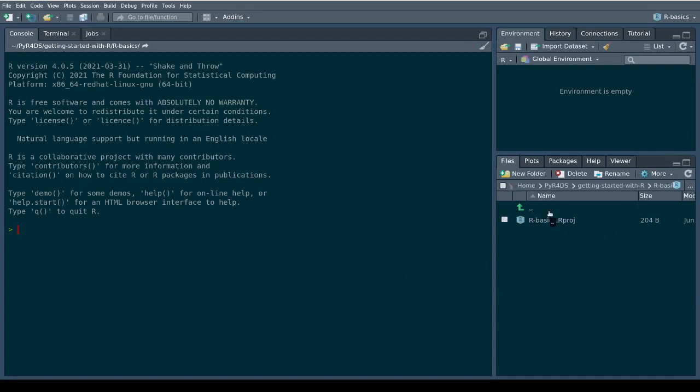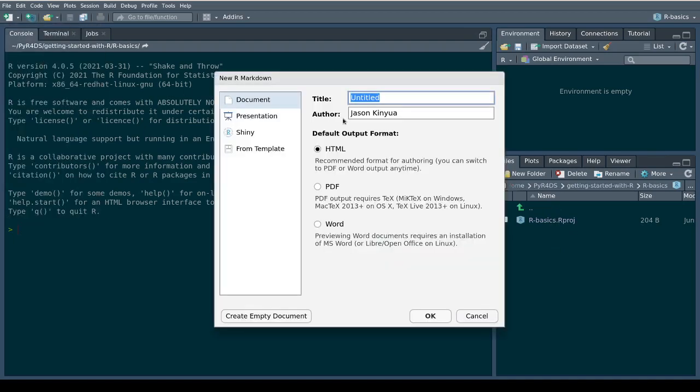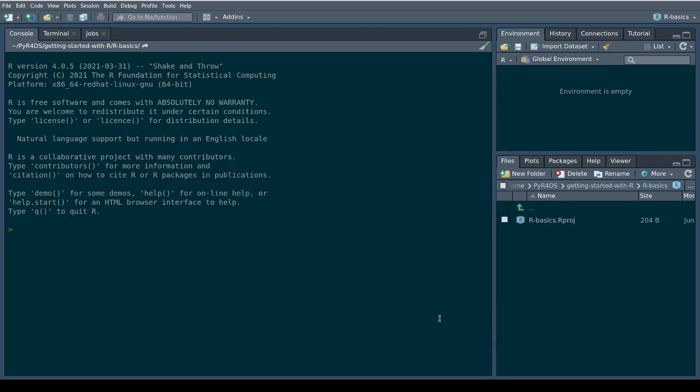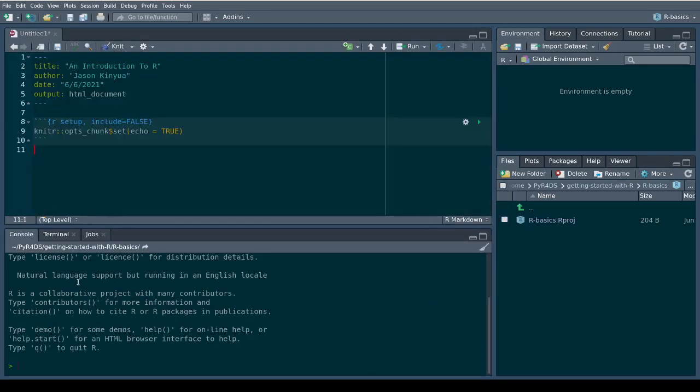It has no files. So to add files there, click the plus icon, R notebook or R markdown, a new file. So this is an introduction to R. Go ahead, don't customize anything for now. This opens, clean everything below there.